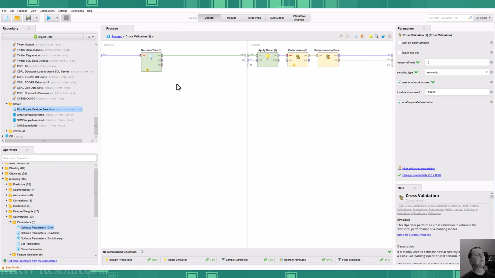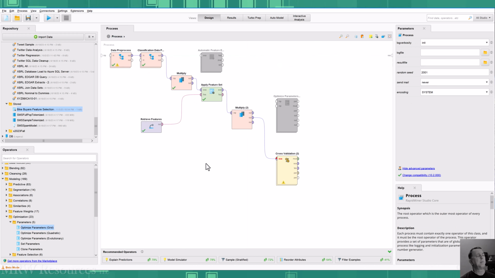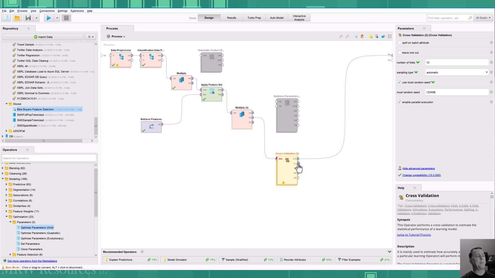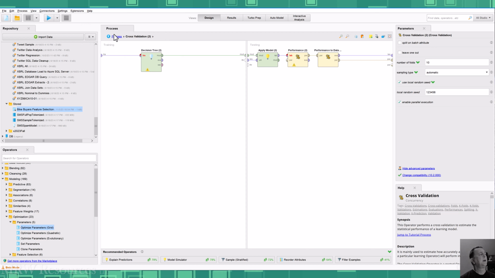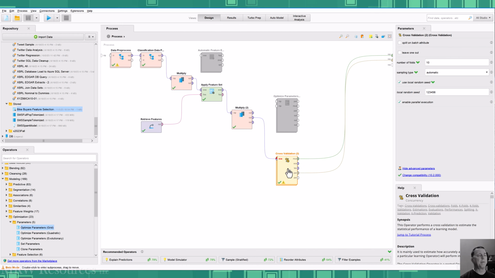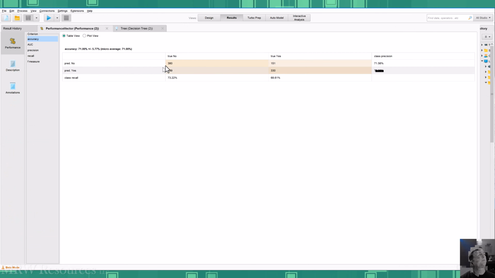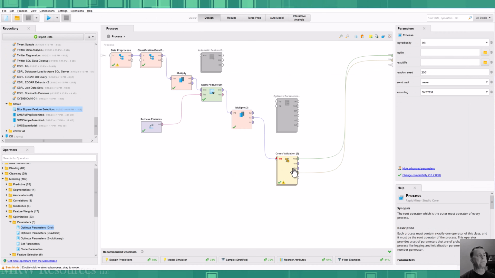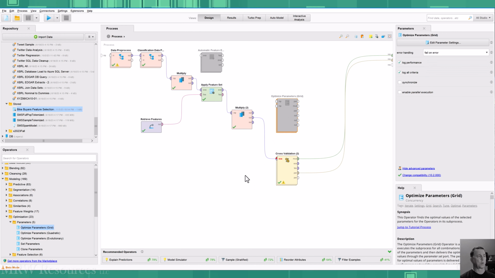All right, so now let's go ahead and run this by itself, and we've got our model. And then we can run this cross-validation with this data and these parameters, and now see how our model performs and use the confusion matrix to help us in our work. All right, so that is the grid approach